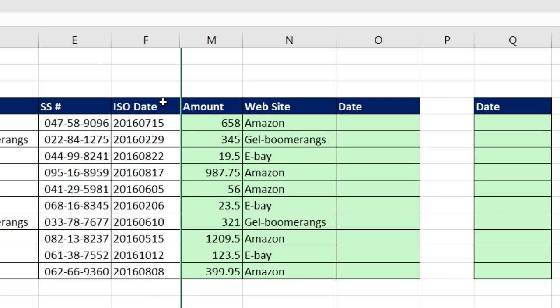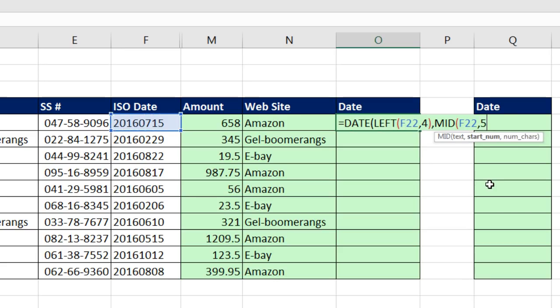So how do we go from the ISO dates to a serial number date? Well, luckily, we have the DATE function. And the DATE function is expecting year, month, and day. Well, we can use LEFT, MID, and RIGHT to get year, month, and day. So for year, I'm using the LEFT. I'm going to get the ISO date, comma, 4 from the left, close parentheses. That will be put into the year argument, comma, MID, and we're going to get ISO date, comma, it's starting